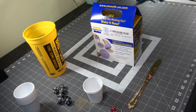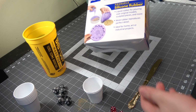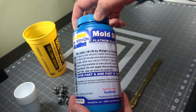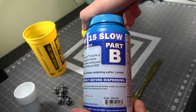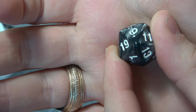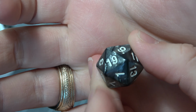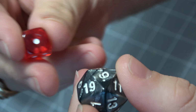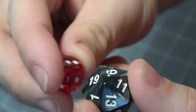This mold making process is going to be very similar to the ones we've done before, except we're using a different type of silicone mold. We're using slow 15. This makes a little bit harder of a mold and a little bit more durable of one, so you can be rough with it and it's just a little bit more forgiving. We're going to do the same technique that we've done before, and I just want to go over this process again in a little bit clearer picture and show you some new steps that I've found that make it a